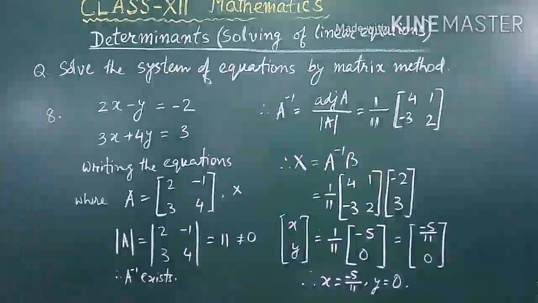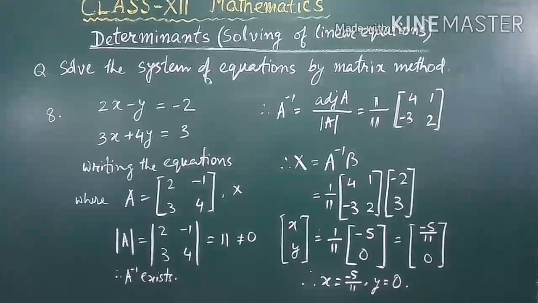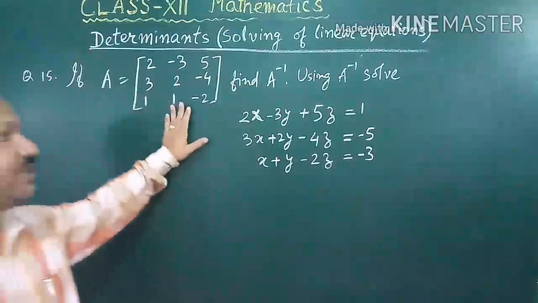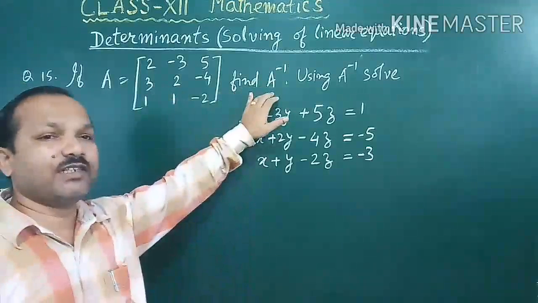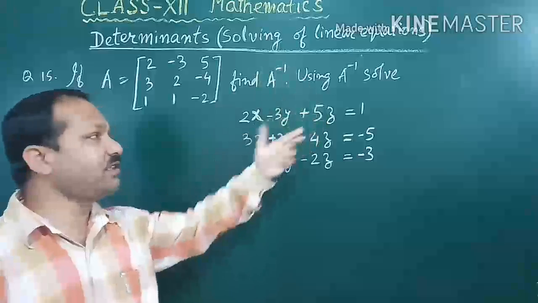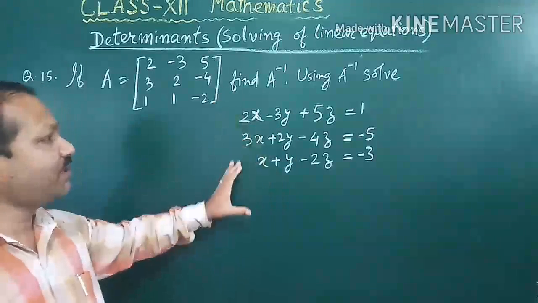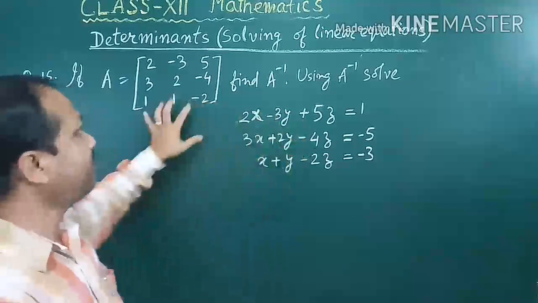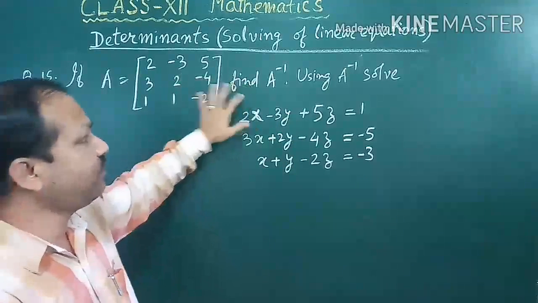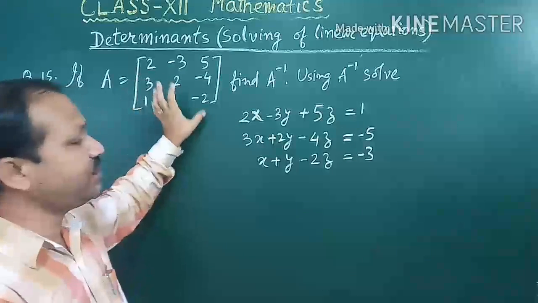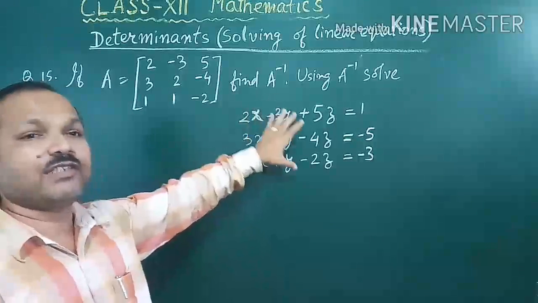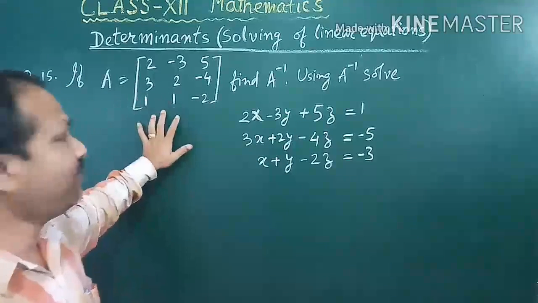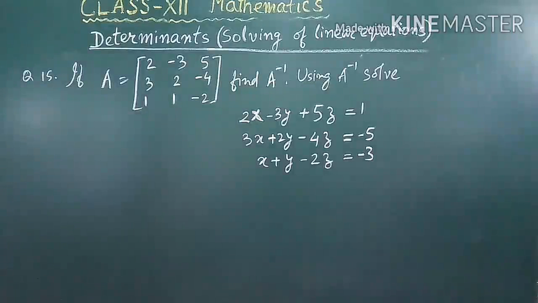One more last I will show. So in this question it is given A is the matrix. First it is asked to find A inverse, and using A inverse solve the system of equations. Now if you observe this system of equations, the coefficients of x, y, z form the matrix A. So first we have to find the A inverse, and then use it for finding the solution of this system of equations. So first we will find A inverse. For that, first we have to see what is determinant of A, and then find the A inverse.